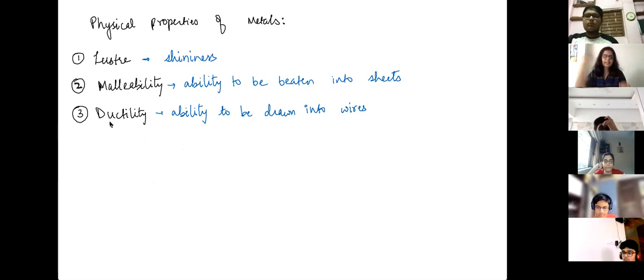If you press it with a hydraulic press or hit it with a hammer, it'll just be deformed. It's not going to shatter into pieces. It's not breaking, but just getting deformed, like Play-Doh. That is malleability. Okay. Ductility is